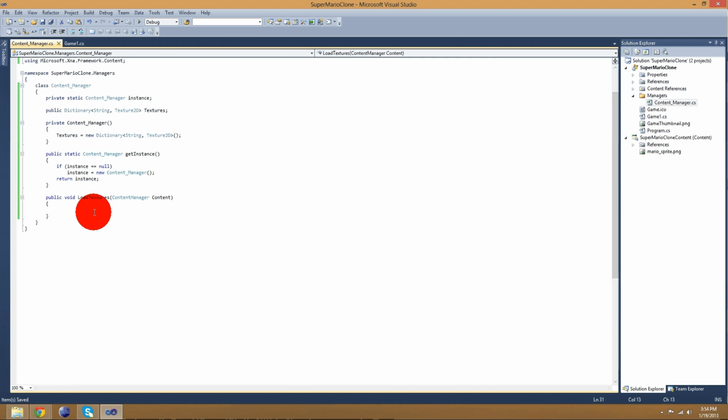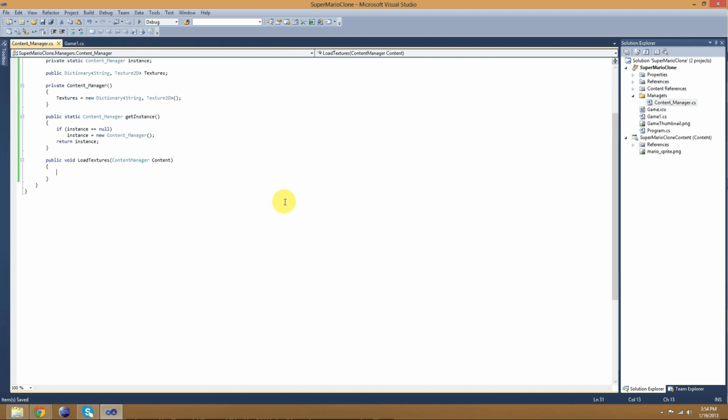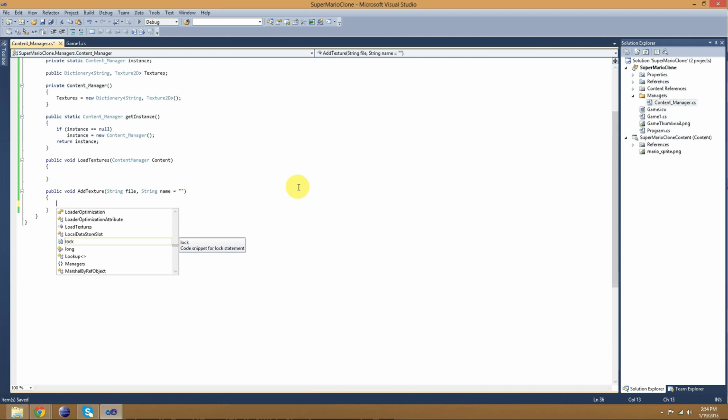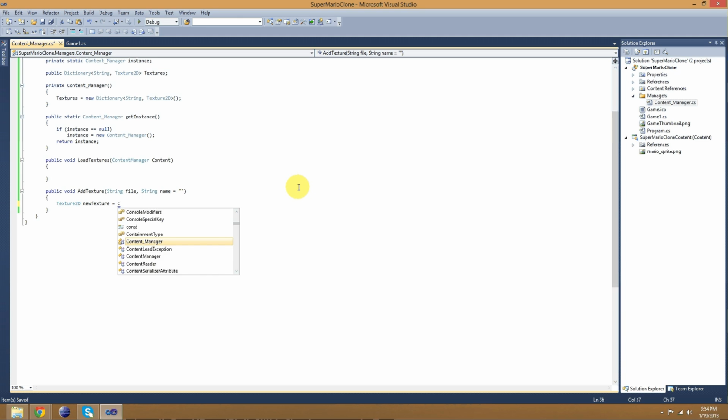Now that that's in there, we can actually load it. So I'm going to make a little helper method to add textures to my dictionary. This will be the file name, and then we'll have an optional name. And I'm going to say, well, Texture2D, and to load it, I have to do,